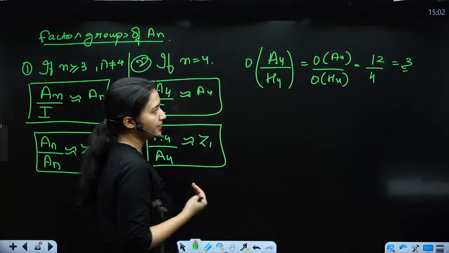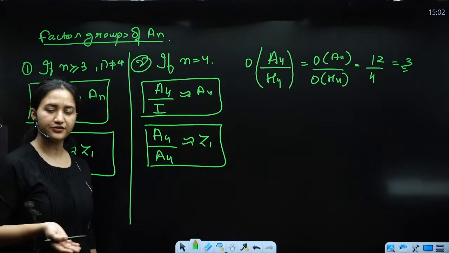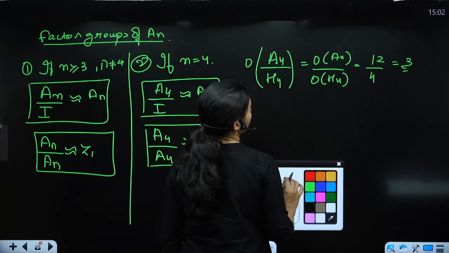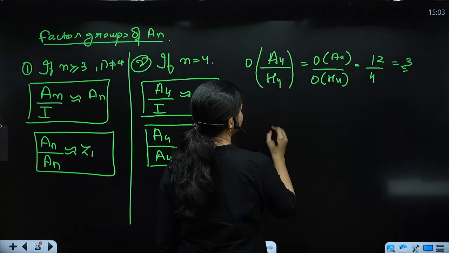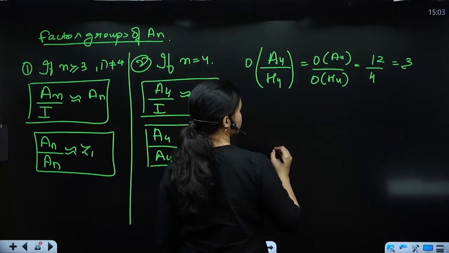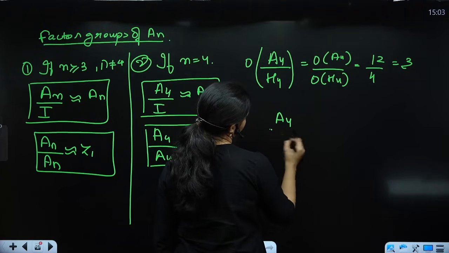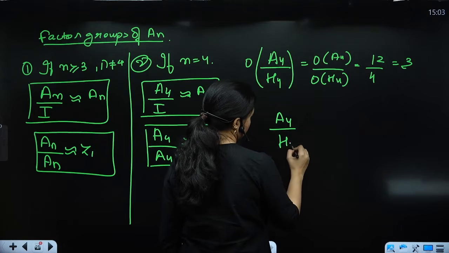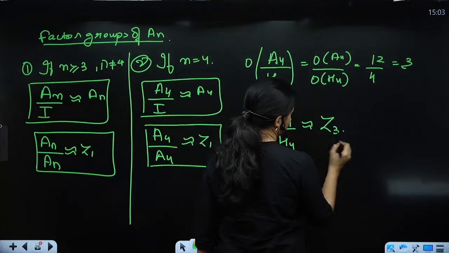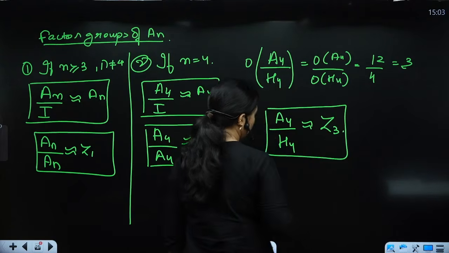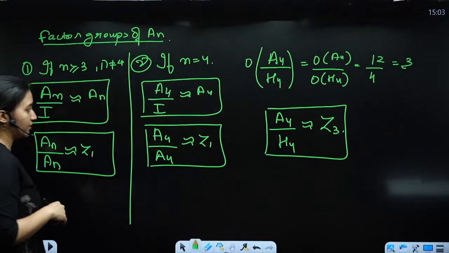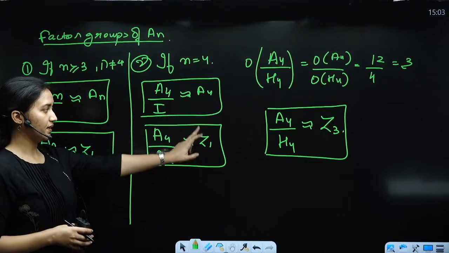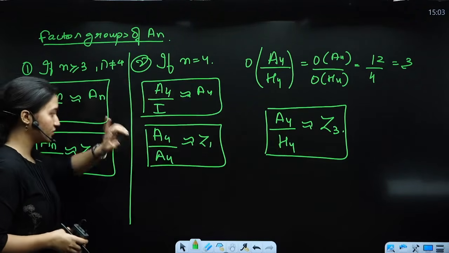Now for 3 you have only one isomorphism, that is your Z3. So this implies that A4 upon H4 is going to be isomorphic to Z3. Here, so you have up to 3 factor groups when n is equal to 4, that is your A4, Z1 and Z3, right? Most important points